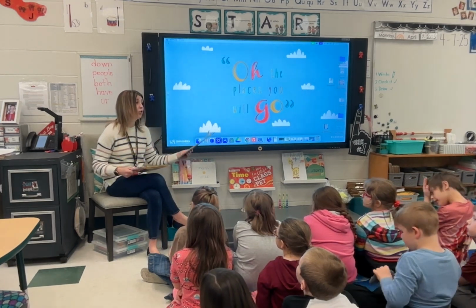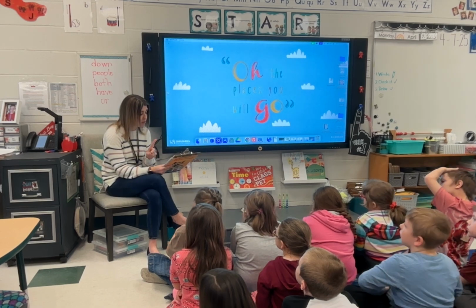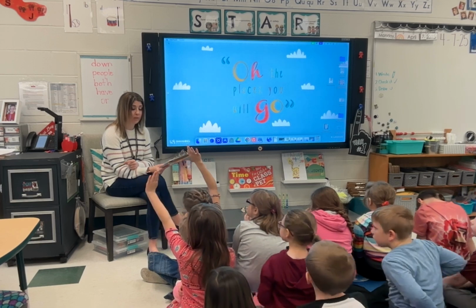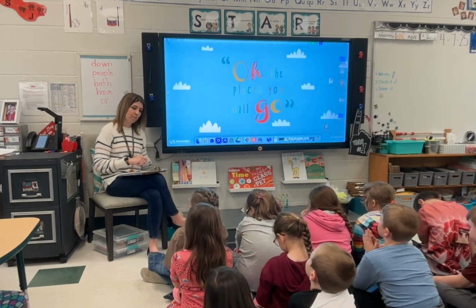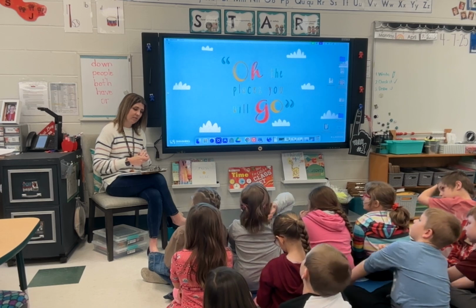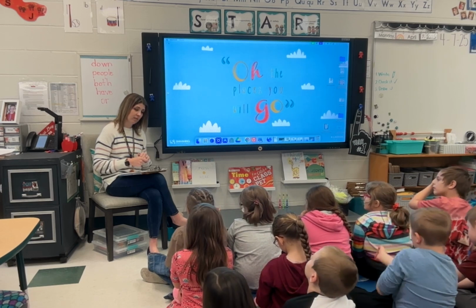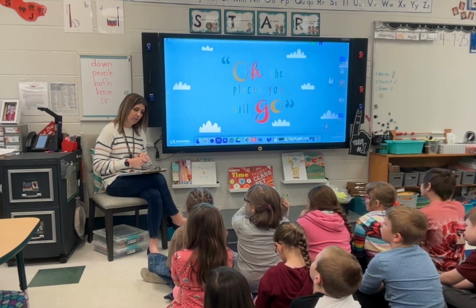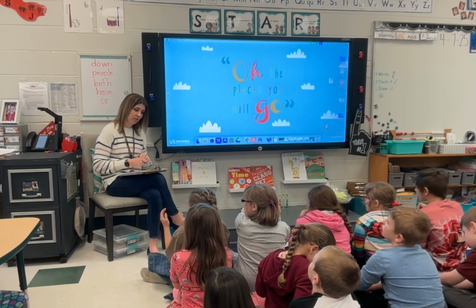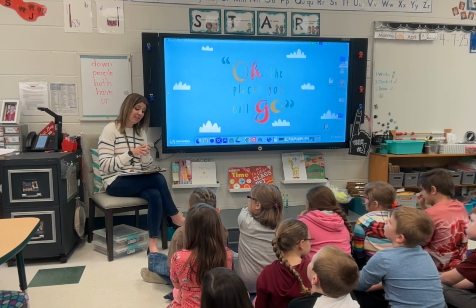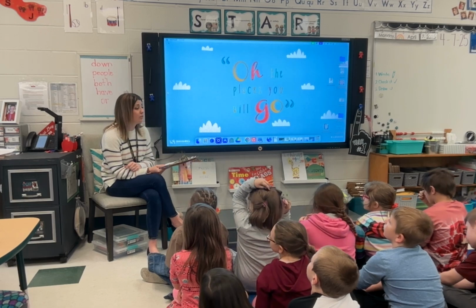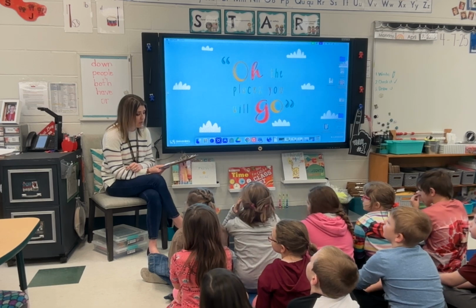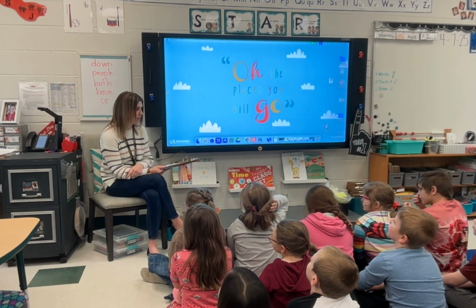And as we read today, you have two goals, two things that you're trying to do. First goal is to summarize the story when we're finished. Do you remember what summarize means? Yeah. Riley, what does summarize mean? It means you squish it into parts, part of the story, so you won't need to tell it to somebody and all that stuff, because it would take you a long time to do it. Yeah, you smash it down to just the most important parts. So good readers can summarize because good readers can pick out the most important parts of a book. Because we don't want to tell every single detail when we retell, we just want to cover the most important